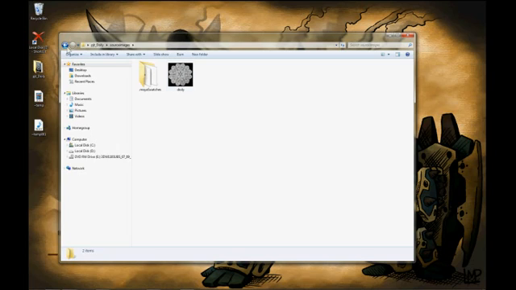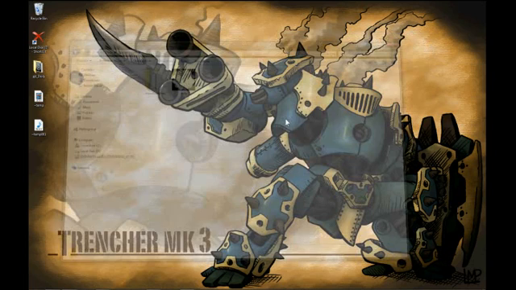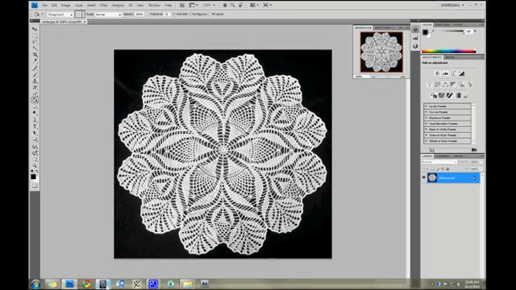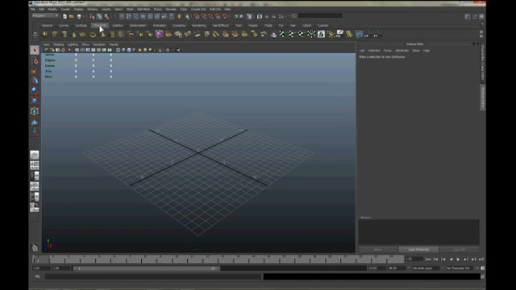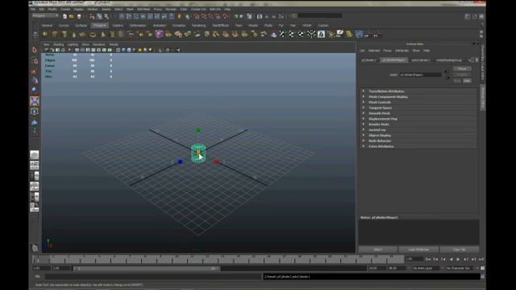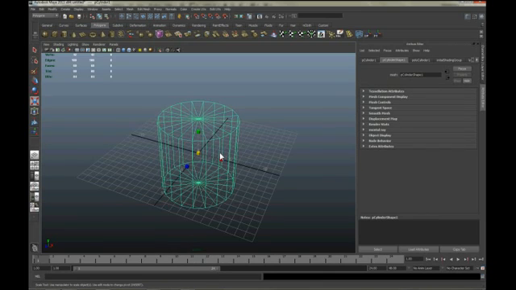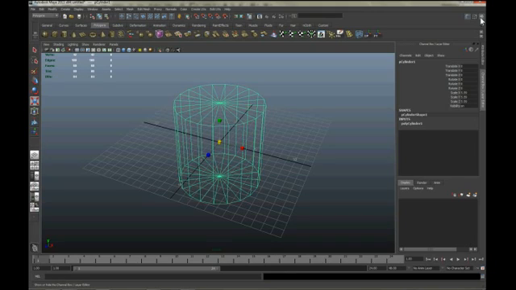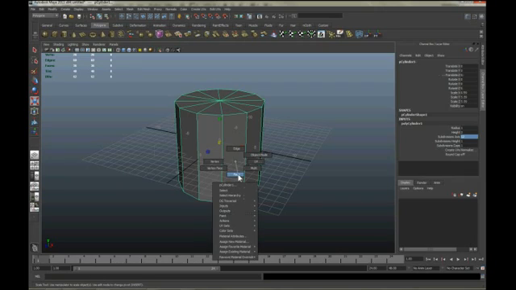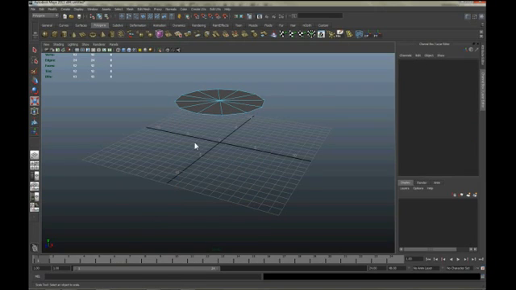I've got that opened up in Photoshop, and I've also got a new scene opened up in Maya. So to start off with, I'm going to create some doily geometry using a cylinder. I'm just going to give it about 12 divisions around the axis, hit 6 to smooth shade, get rid of all these faces on the bottom,